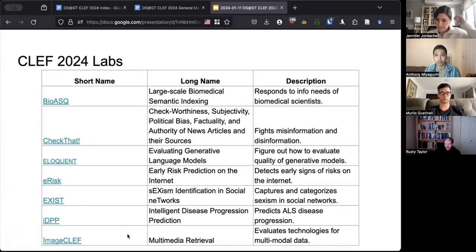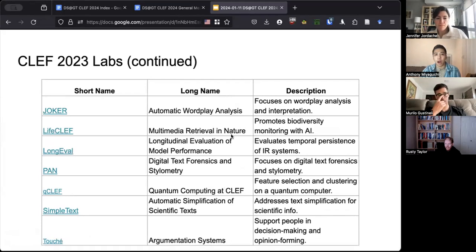ImageCLEF is for everything image related. Joker is automated wordplay analysis, so having a machine understand puns. LifeCLEF is also co-listed with ImageCLEF, but it's very much focused on nature and biodiversity. LongEval is longitudinal performance of models, so I'm training a model now and evaluating it 6 months later, a year later. PAN is for telemetry, being able to detect authorship of various topics. So maybe figuring out if Shakespeare's plays were all made by